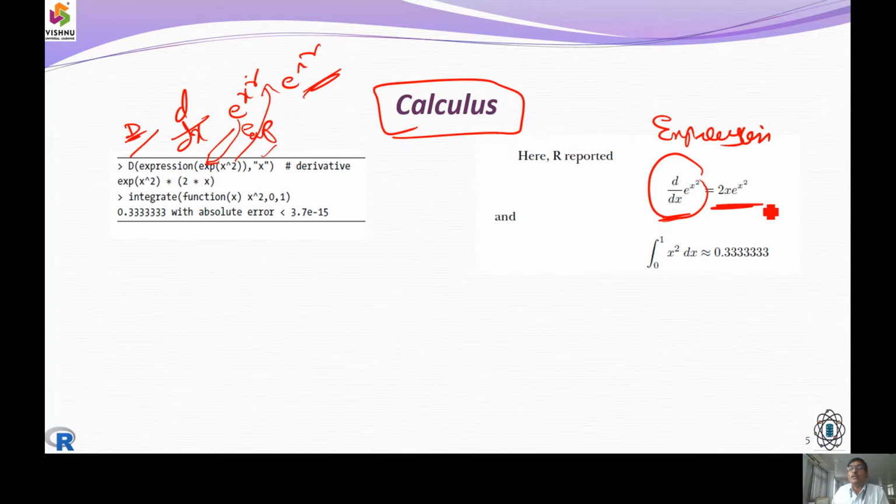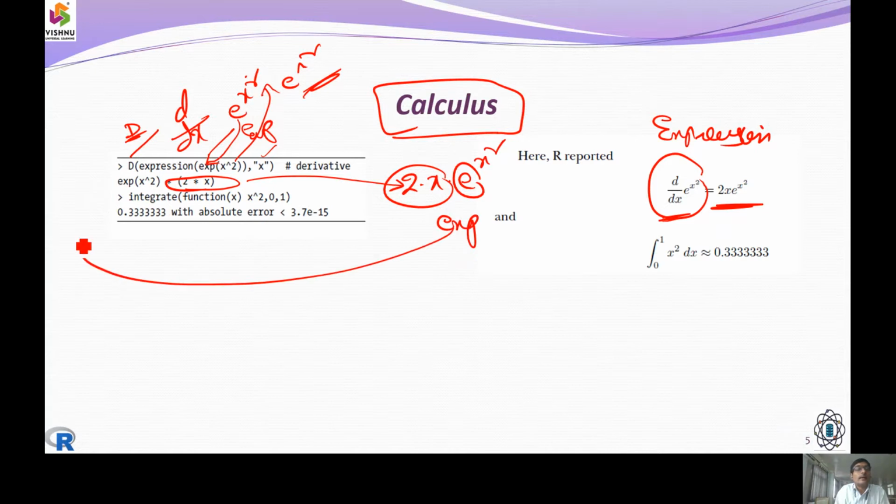And then we need 2 into x into the expression of x square. So we write 2 into x as an expression, and e is going to be called as an expression here, and then we write e, that is x cap 2, that is x square, in this model.